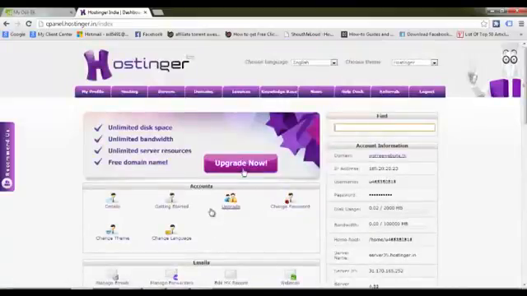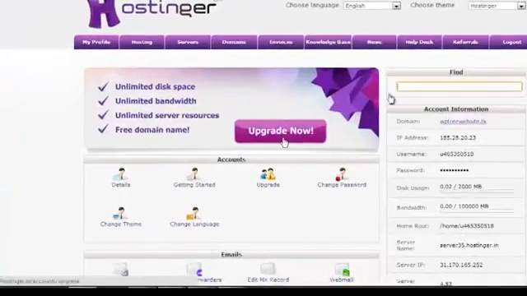So now let me tell you one thing. You must be wondering that I am working on a pre-built website. I made it this afternoon only. So I must tell you what happens when you register a new website. You're looking at the space where the upgrade now button is. Below this, you will be getting information of entering